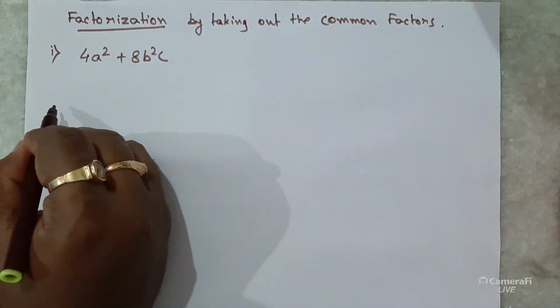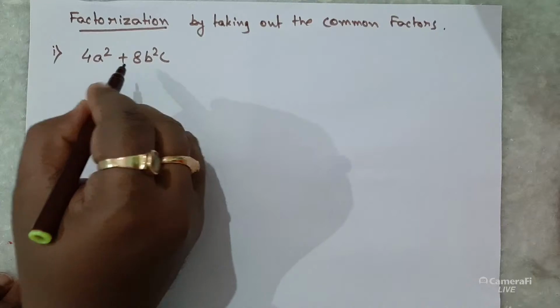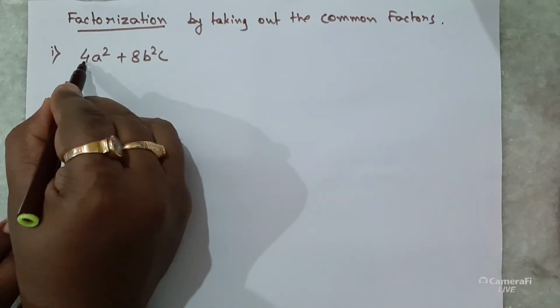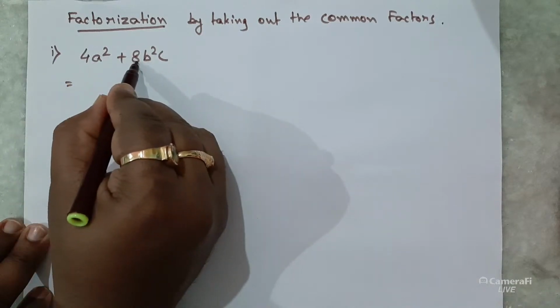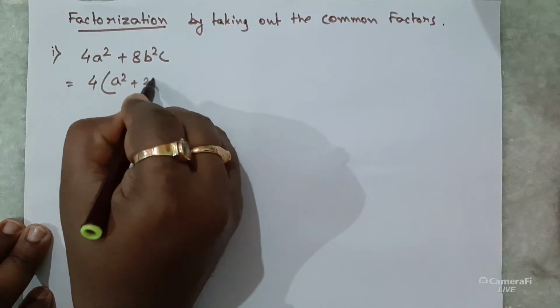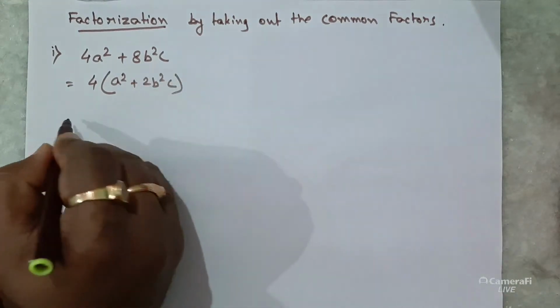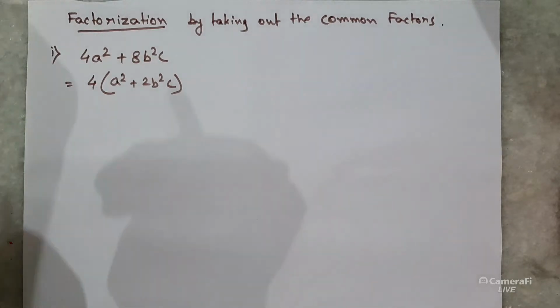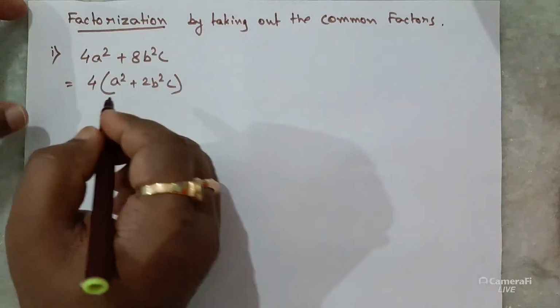Okay, here you can see the common factor is only 4. Since here it is 4 and it is 8, so we can take common 4, a square plus 2b square c. Okay, this is simple, just one line factorization, nothing else. Then there are things like